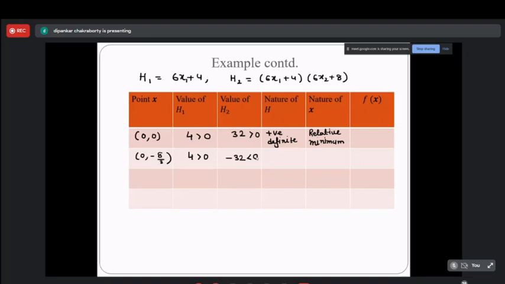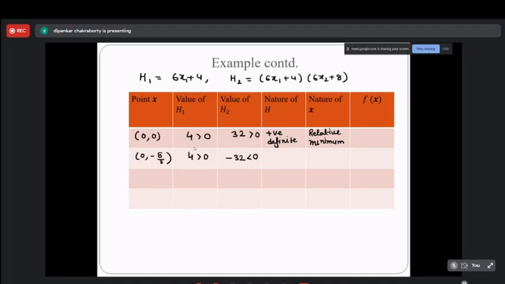For negative definite, it will be alternate in sign, starting with negative. Remember that, always remember it this way, then you will never forget. When you find the maximum of any function, what did you do? What is the sign of the second derivative for a maximum? For maximum it means negative, and that is happening here. So if it is negative definite, you are going to get the relative maximum, and for the relative maximum, the first value should be negative. That is the logic.